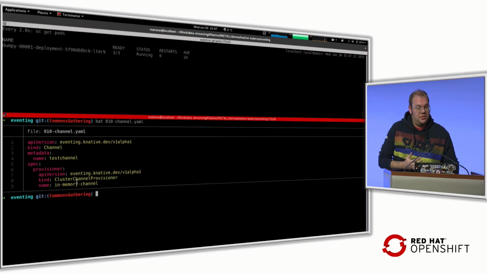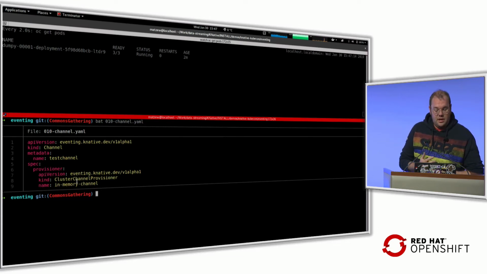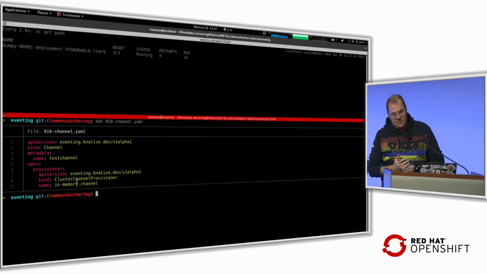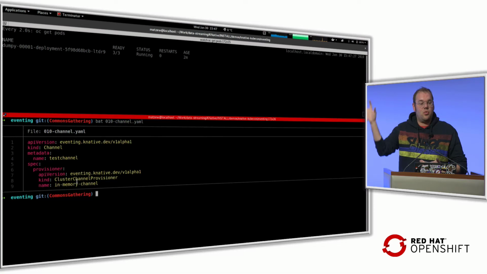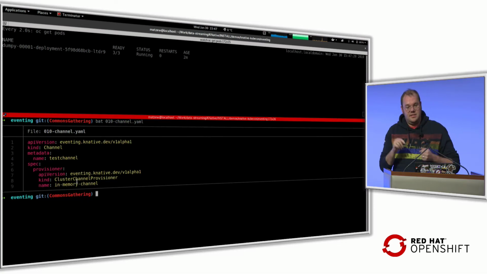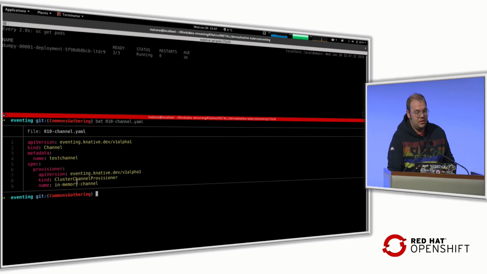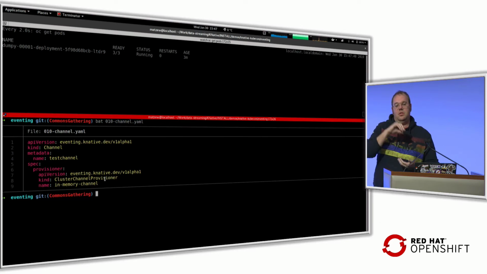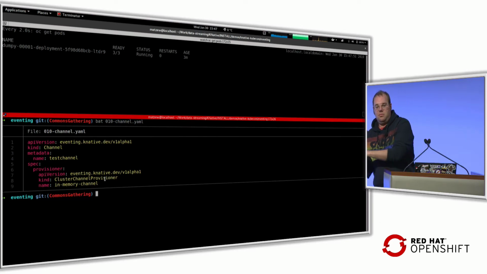In the upstream community, there are also different channels, for instance, with Apache Kafka. That means basically the channel, which is again an HTTP server, stores everything that's read in in an Apache Kafka topic. And whenever you later subscribe your application, your service, in our case this dumpy guy, to the particular channel of test channel, then the Knative eventing facility has a certain dispatcher running there, making sure it reads all of the messages from that Kafka topic using the native Kafka protocol, and then again does the transformation to cloud events and sends them over HTTP to my dumpy service.